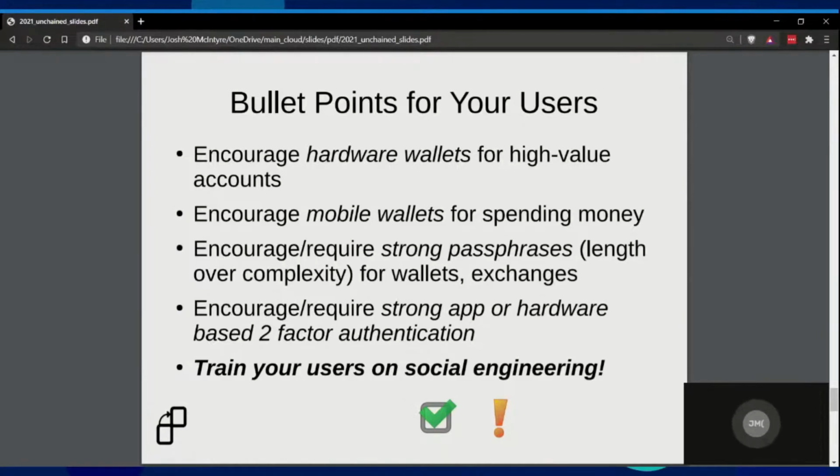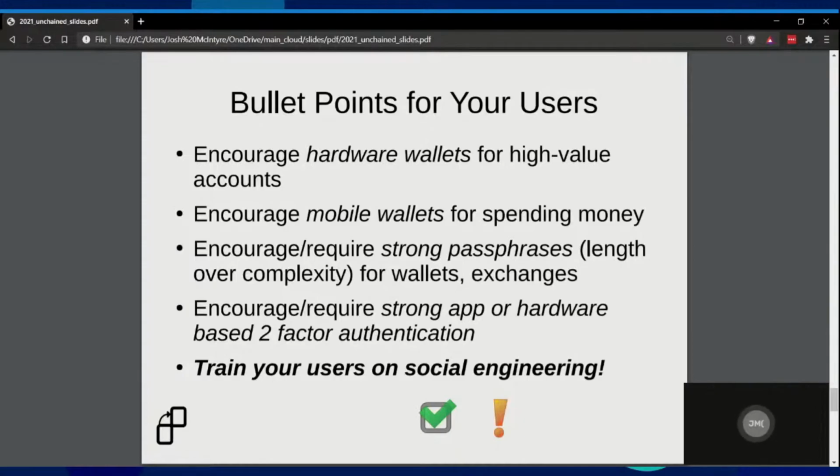Encourage mobile wallets for spending money. So if you have spending money amounts, you want to keep your pocket change in there, be able to send, to introduce new people to crypto, pay your phone bill, buy a book, buy electronics gear online. Again, things I like to do with my crypto, right? Use mobile wallets because they're generally a little more locked down and present fewer attack vectors than maybe a desktop wallet would. They're not foolproof, which is why I wouldn't recommend keeping your life savings on one, but they're pretty useful for day-to-day introduction to crypto and spending money.